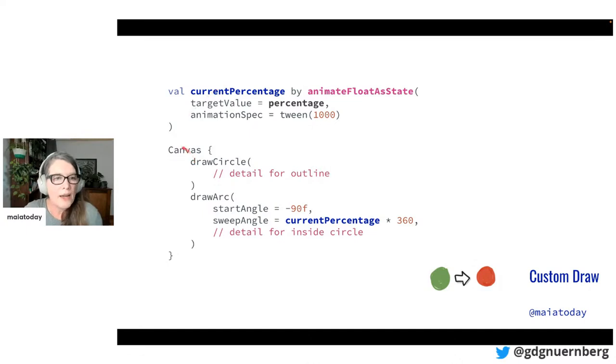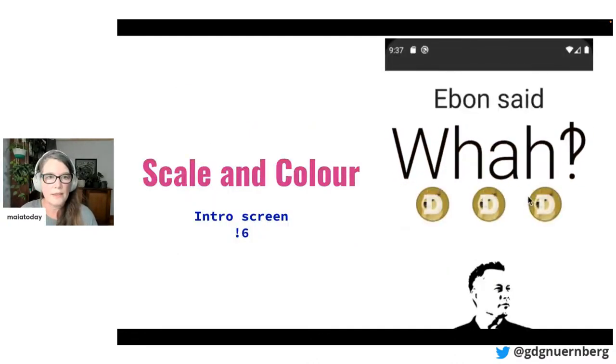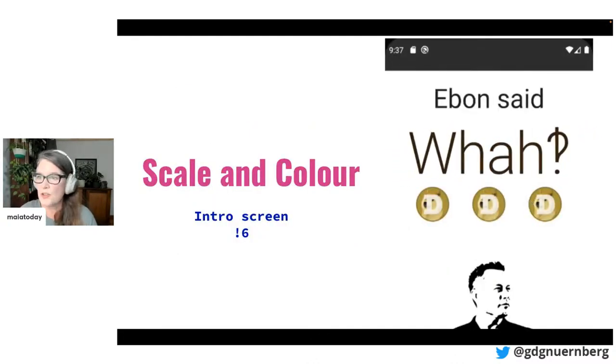And again, now here, the canvas where we're drawing the circle, this part doesn't know anything about animation. It just knows that it should draw the arc with the sweep angle of this percentage. And because this is changed inside the state, the composer will recompose and this part will be redrawn every single time this current percentage changes. So again, to notice, declarative: you just say what you want, and then the composer and the state will take care of the rest.